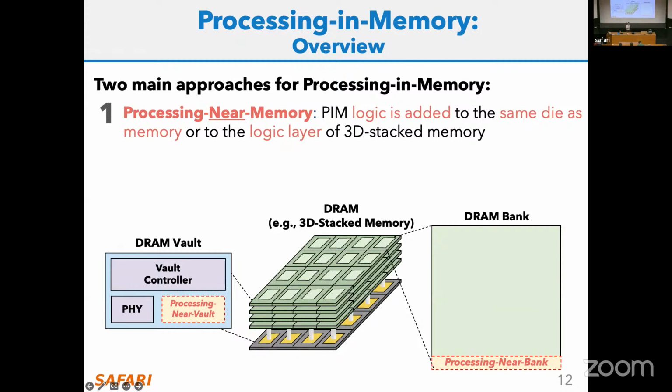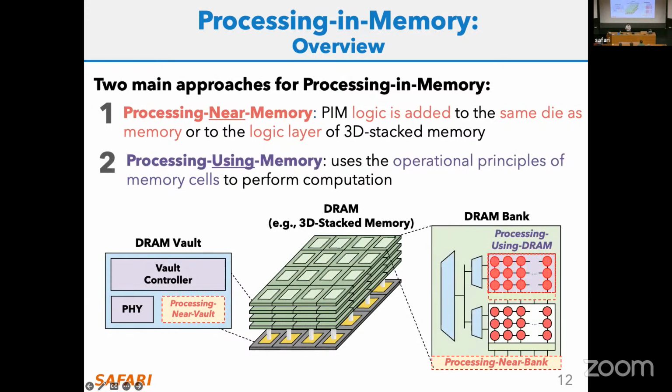Then we enter the DRAM chip itself, in the PCB, or inside the DRAM in a 3D-stacked system, in the logic layer of the DRAM device itself. The closer we get to the memory array itself, the larger the ability to exploit the memory throughput of those devices, the shorter the memory access time for accessing data for computation,